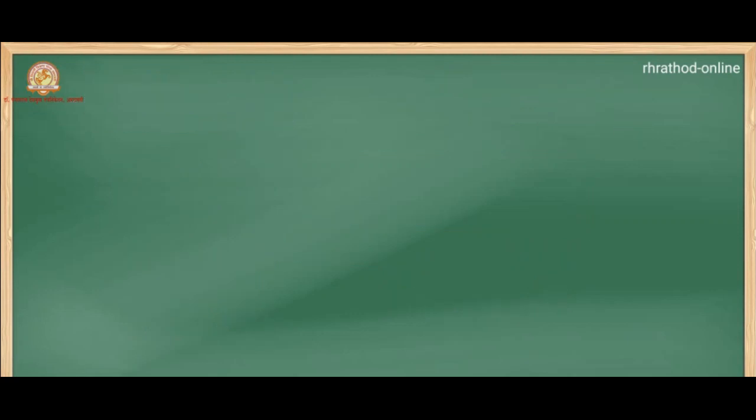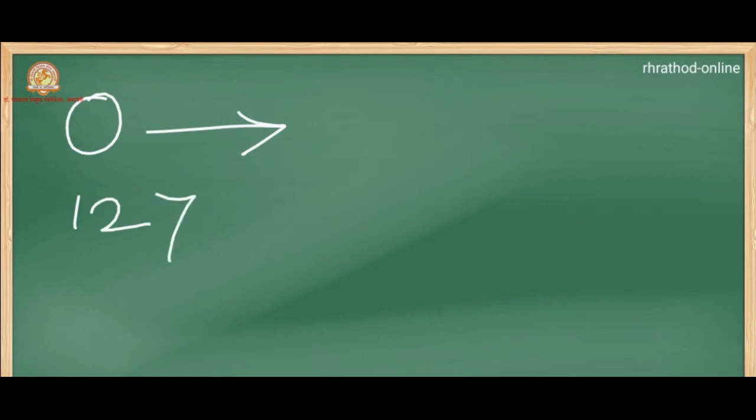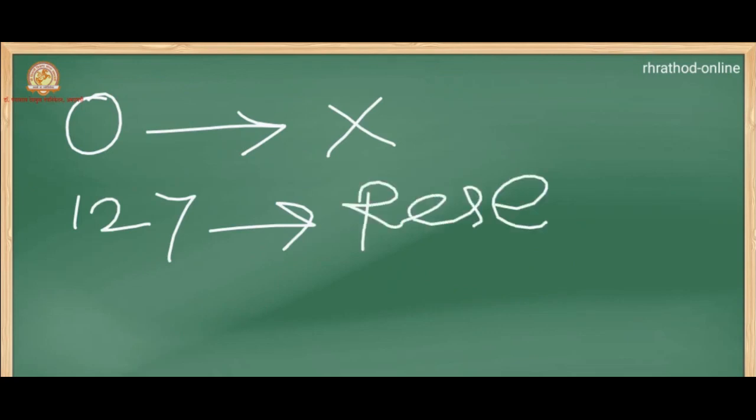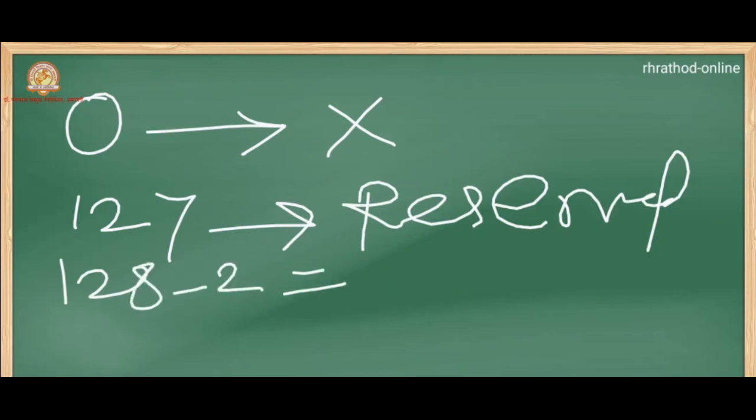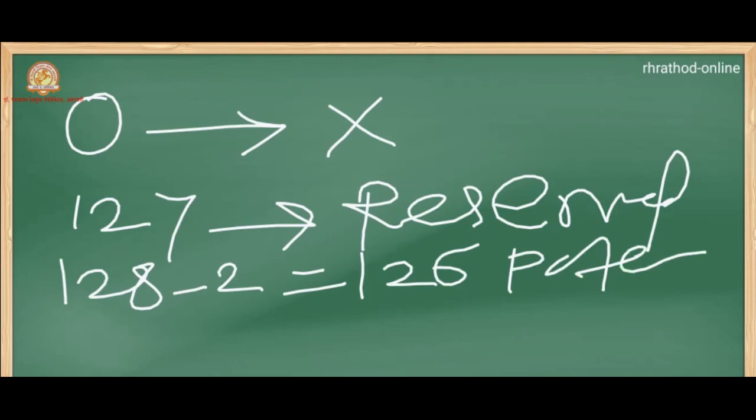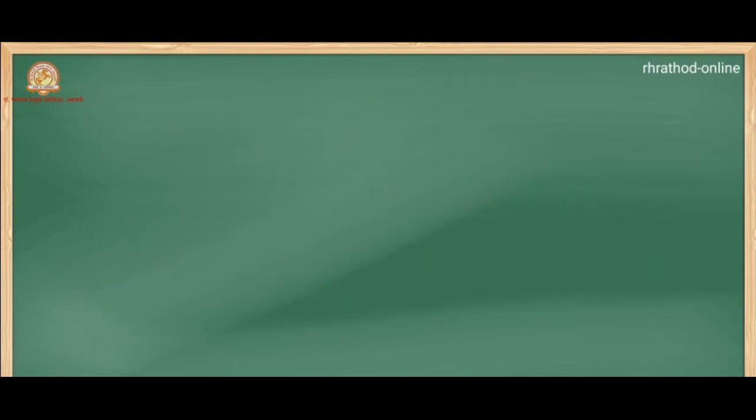But as number 0 is not used and number 127 is not used, and 127 is used for testing loopback of each host, so it is reserved. So total 126, meaning 128 minus 2 equals 126 potential class A network numbers which have a dotted decimal number in the range 1 to 126.